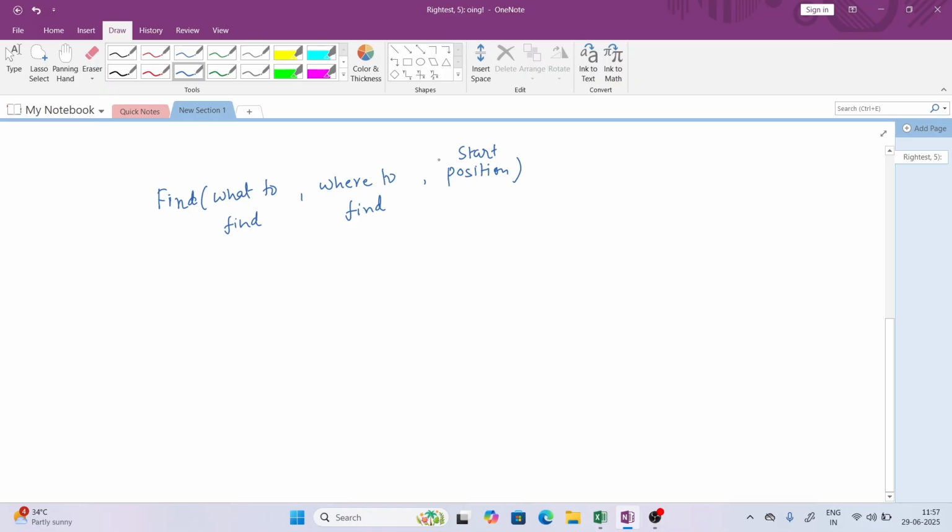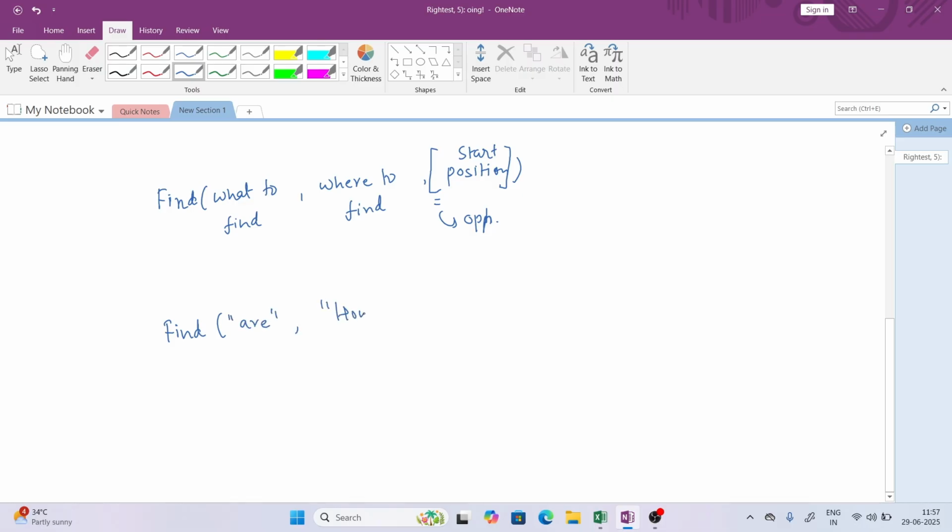So now this will come together, curly braces and square braces. So square braces means this is an optional parameter. Okay. Now how it works, let's say if I give find, I am searching for r in a text, let's